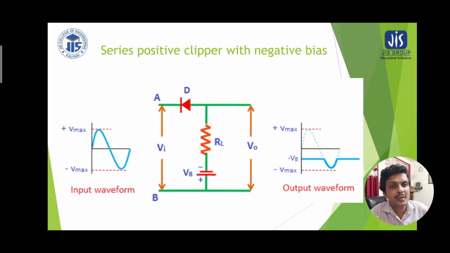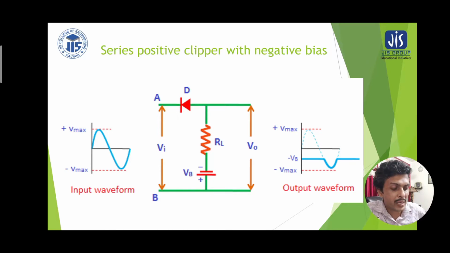So here, if we observe the input signal when it just starts, what is happening? As minus VB is connected to the P side of the diode, and if the input is 0, then the diode cut-in voltage of 0.7 will not occur, because the P side is lower compared to the N side. Therefore the diode is reverse biased. When the diode is reverse biased, there is no current flowing through the load resistance, and at that time minus VB is latched to the output. So minus VB will be maintained at the output until the input falls below minus VB.